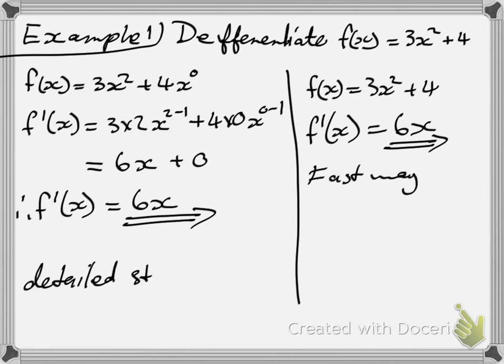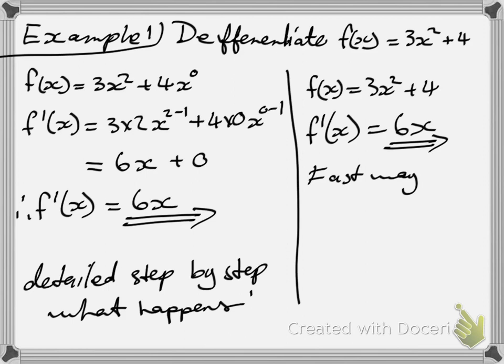That is the first way, and this is the detailed way, step by step, of what happens. Can you see? The step by step, you need not do it when we are doing this. You just use the first way. But the detailed way is to show you what exactly happens. But which I recommend is that you always do the first way. Which means when you differentiate a constant, that becomes a 0. And then you are only left with that one, which then becomes that. Are we together? Let's look at another example.